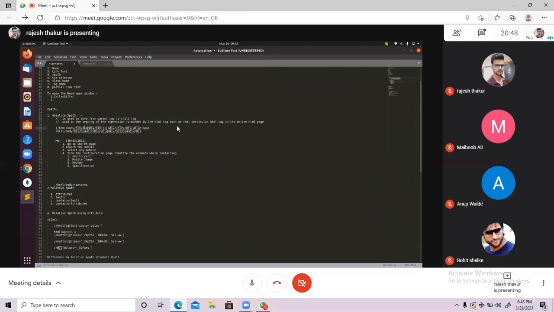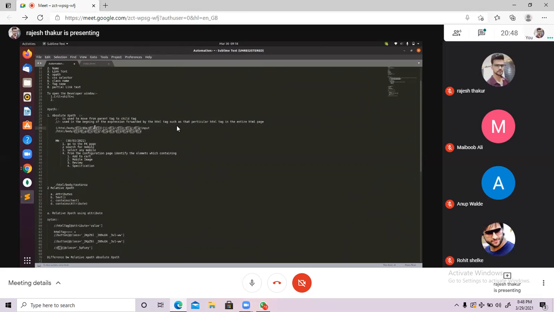Yes or no? Yes. Your complete XPath will be spoiled, because now you are going to the HTML page, body, and inside the body div, but the third div is not there. So it will jump directly to this div, and inside of it another div. So the complete hierarchy will get disturbed. To overcome this kind of problem, you have to go inside the code, change the XPath, and do all those steps again. So this is very hard. Never prefer the absolute XPath unless you have an urgent need to use it, right?